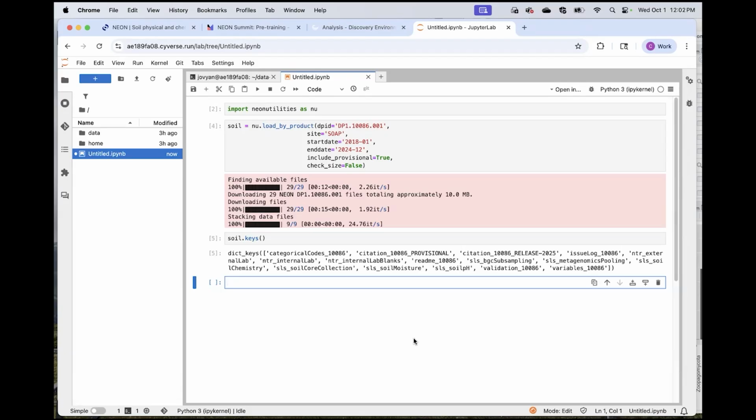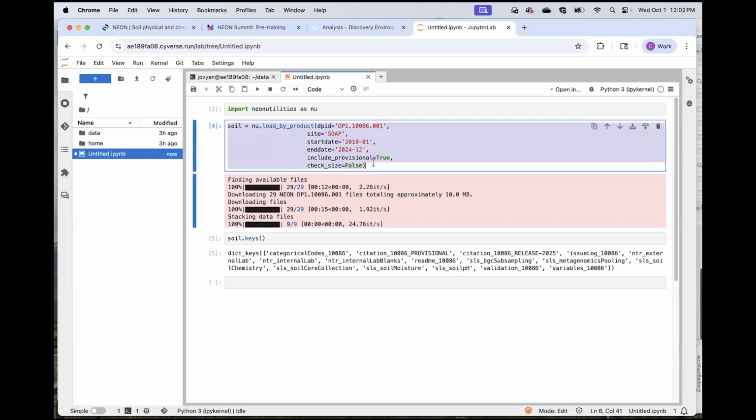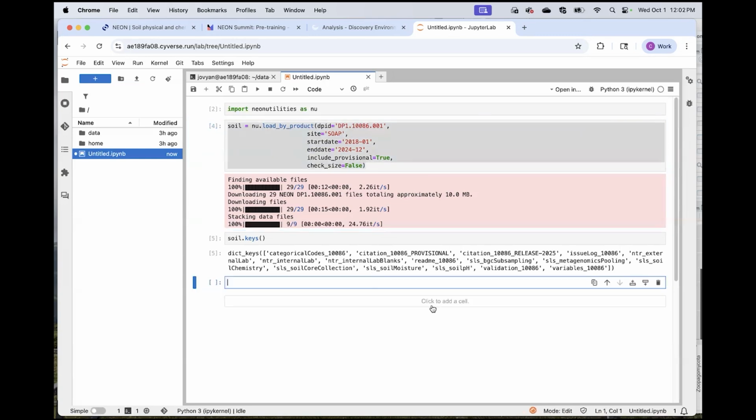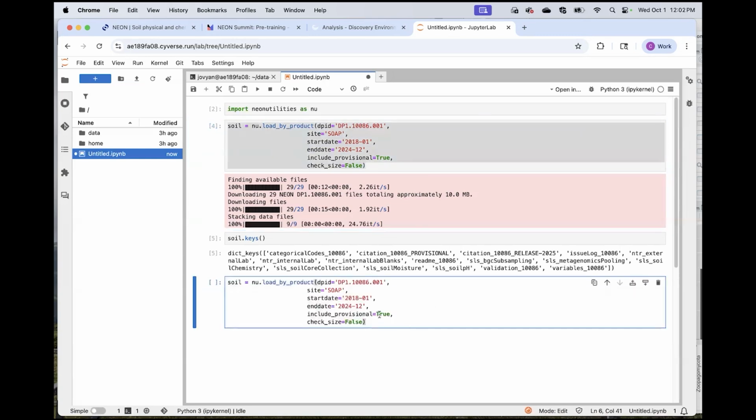And so we have added an option to load by product called cloud mode. If you are in a cloud environment, you can use that feature to grab the files from the NEON cloud and bring them into your cloud environment without doing the intermediate download step. And it is much faster. So I'm just going to copy that same load by product command, and I'm just going to add cloud mode equals true,